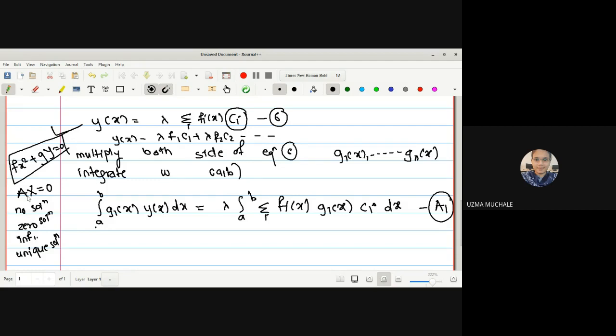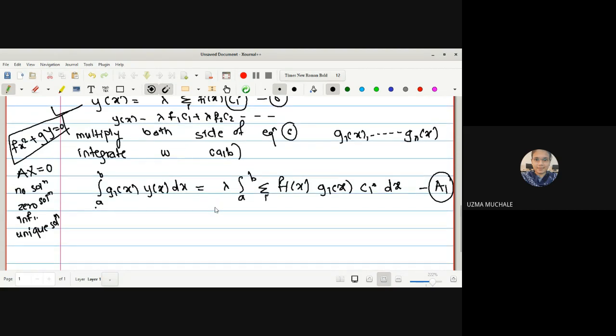In that we have the case of the augmented matrix. We are going to see what the rank of the augmented matrix is. If it is less than the number of unknowns, what will be the result? If the rank of the augmented matrix is exactly equal to the number of unknowns, and if the rank is greater than the number of unknowns, what are the solutions and what are the cases? Okay, that you have to tell me in the next lecture at any cost.